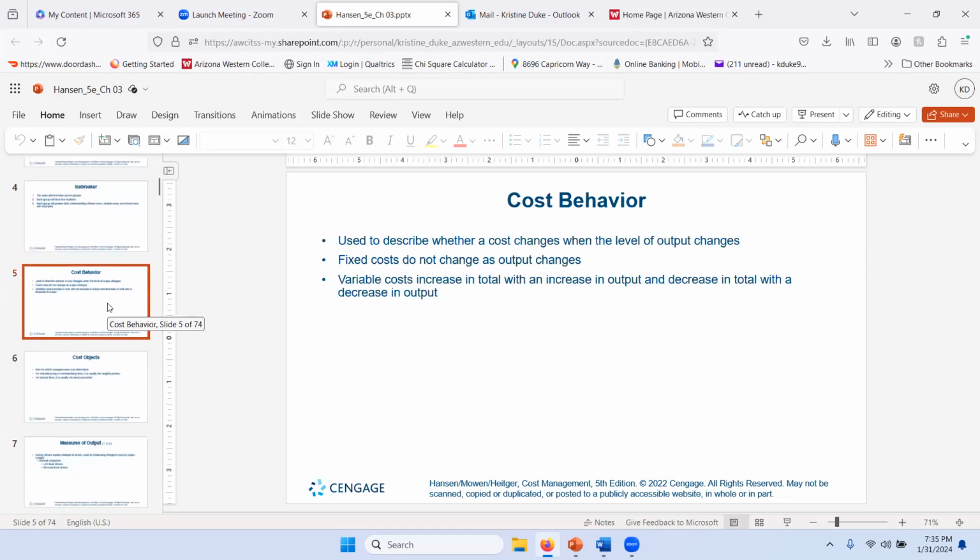So cost behavior. It describes how cost changes when the level of output changes. So we know with variable cost that the price will increase in regards to the output. As we increase production, the variable costs are going to increase. As we decrease production, the variable costs are going to decrease. Fixed costs remain the same no matter what level of production, and mixed cost have a component of fixed and